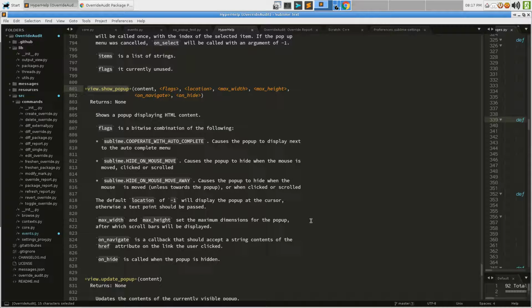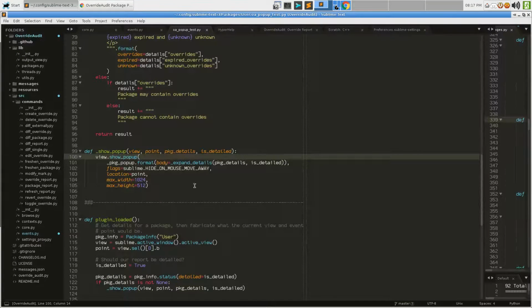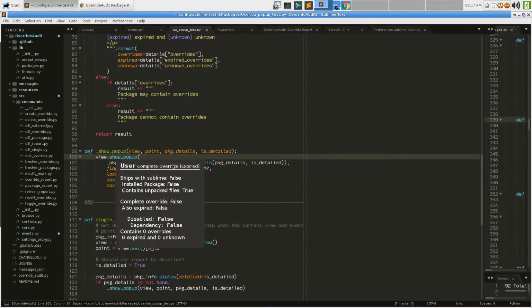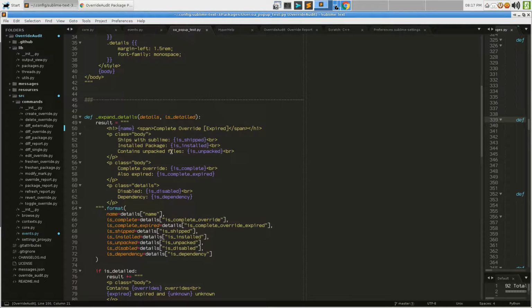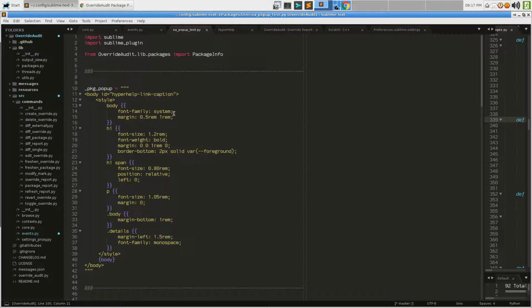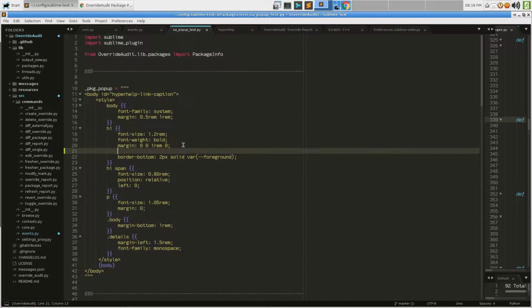We can see max width and max height set the maximum dimensions for the pop-up, after which scroll bars will be displayed. But there's no way to specify exactly how wide the pop-up might actually be. That should be determined by the content of the pop-up. But we'll note, if I was to come up here to the CSS and the H1 tag and let's say